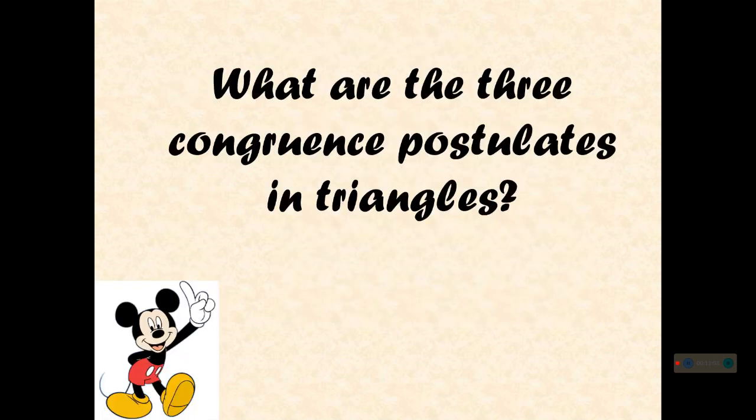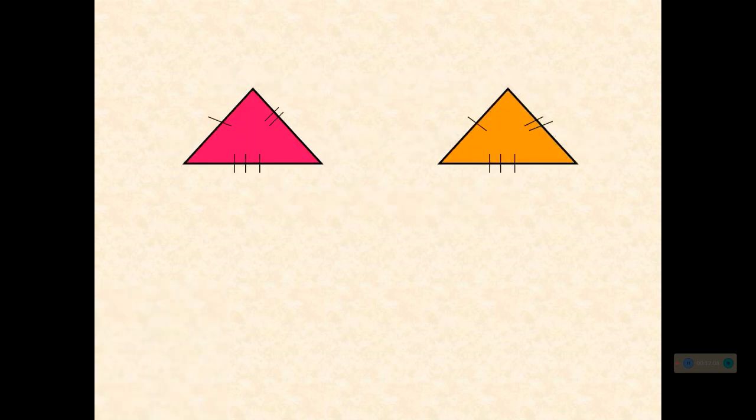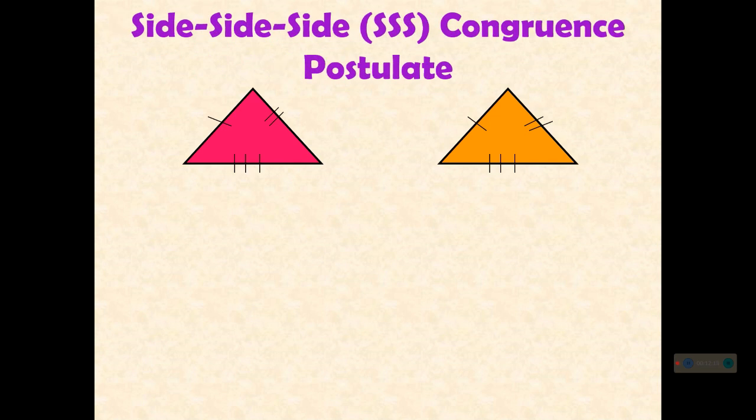Okay, so what are the three congruence postulates in triangles? Again, those are SSS, SAS, and ASA. So let's have this figure first. Okay, so we have here the SSS or the side